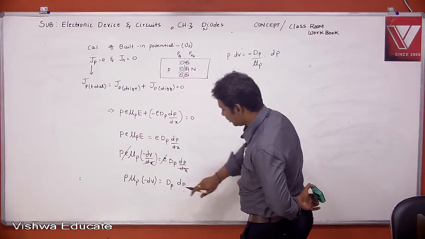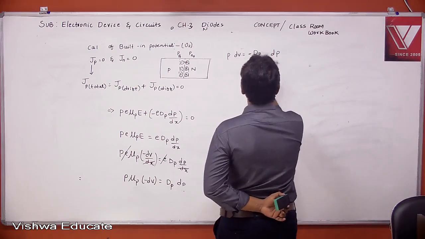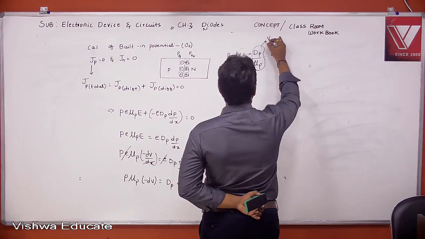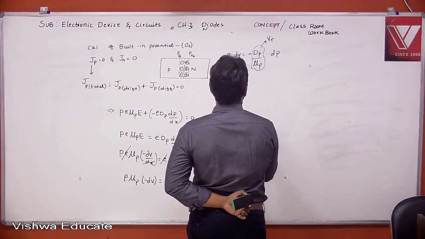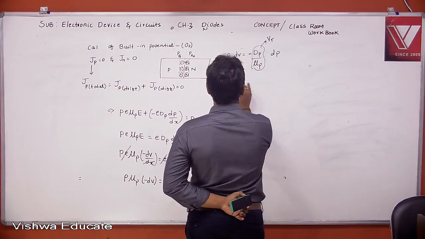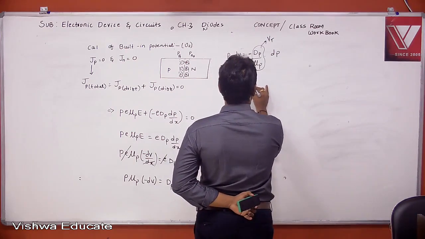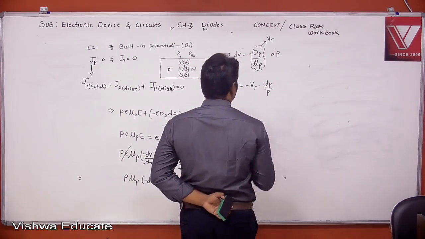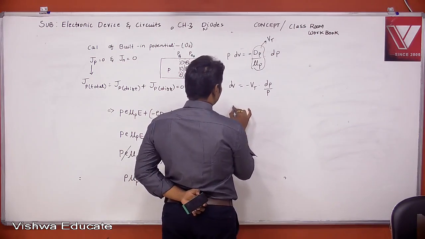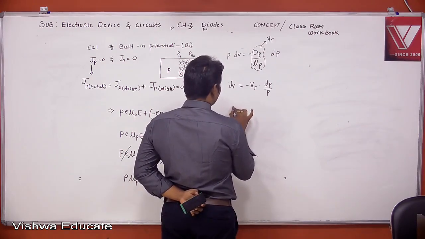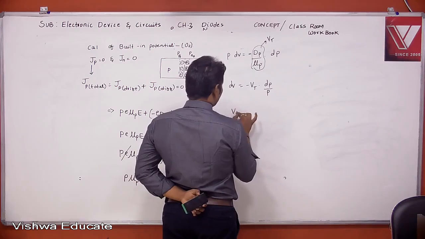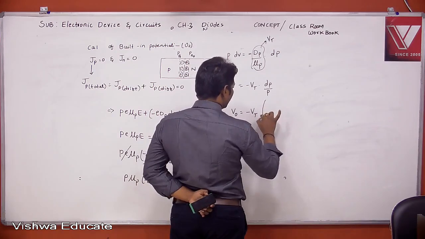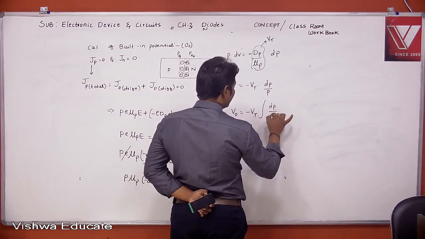Here dx is cancelled, right? See, what is the dP by mu P actually? With the help of the Einstein equation, Vt, where Vt means thermal voltage, right? Now dV equal to minus Vt into dP by P, right? Now integrating on both sides. Now V0 equal to minus Vt into integral dP by P,